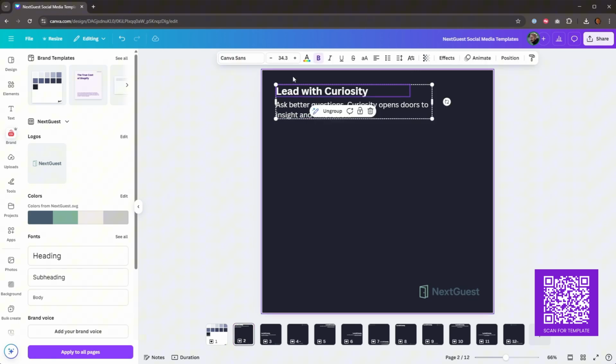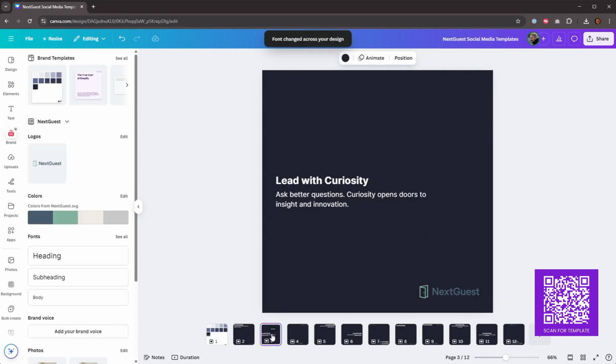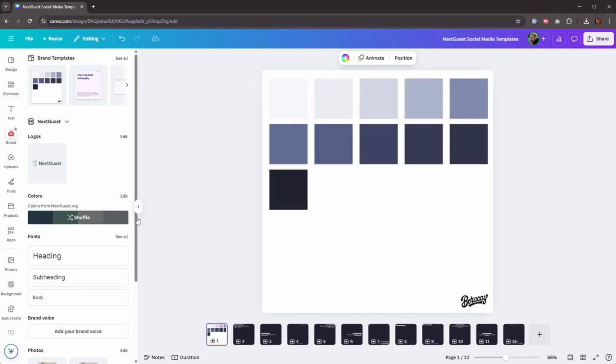Next thing we need to do is change all the fonts to the font that the brand uses, which is Inter in this case. So what you do is you click on it, and then it's going to give you the option down here in the left corner to change all the Canva Sans to Inter. Assuming that that is what you use for everything, you can just click on that and it's going to change it on every page. If you don't have a color scheme made already, I recommend you go